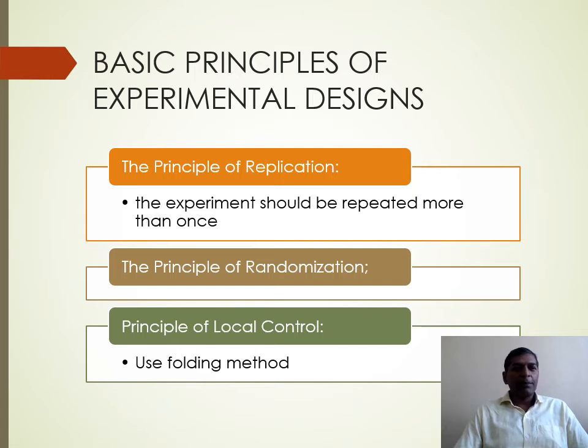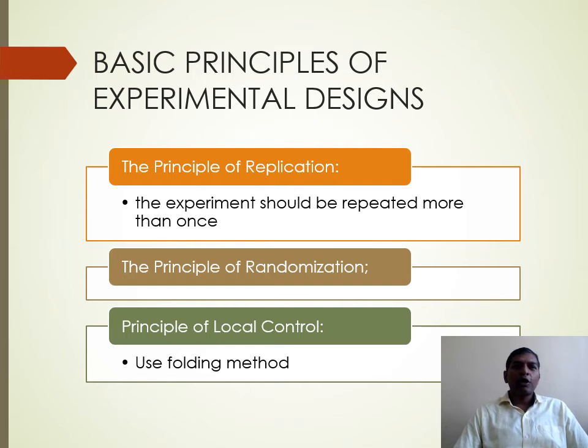Then the principle of randomization. Sometimes the huge data cannot be directly applied, or even if the data is applied, we'll be verifying the experimentation and the expected result with the help of the randomization method. Select any data from an available data set and then apply. Will that particular output provide a desired result or not? That can be experimented, that can be observed. So this is known as the randomization method.